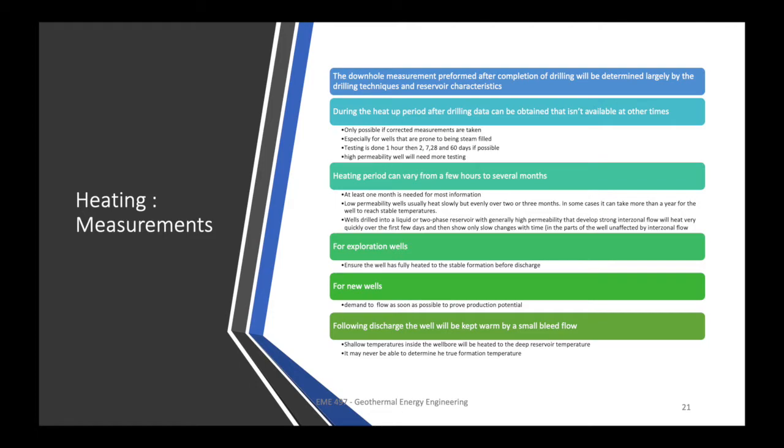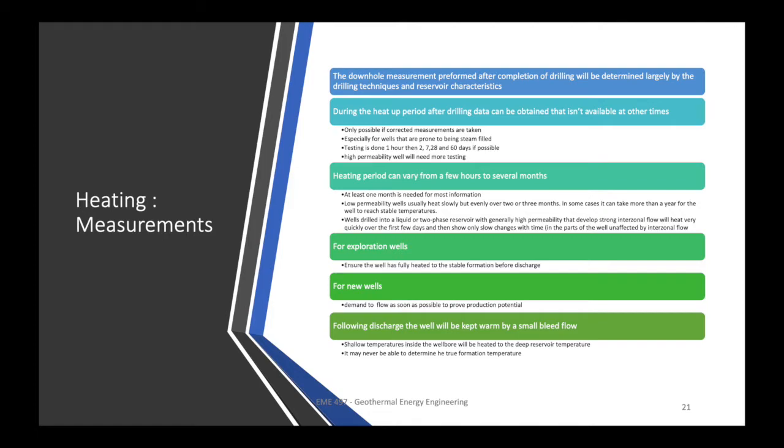The heating period can vary from a few hours to several months. At least 1 month is needed to collect most information. Low permeability wells usually heat slowly but evenly over 2 or 3 months. In some cases, it can take more than a year for the well to reach stable temperatures. Wells drilled into liquid or two-phase reservoirs with generally high permeability that develop strong interzonal flow will heat very quickly over the first few days and then show only slow changes with time in parts of the well that are